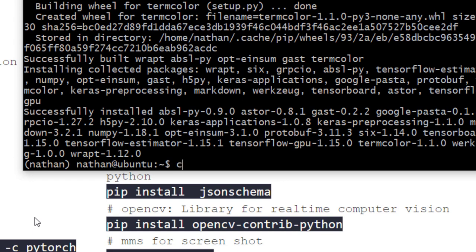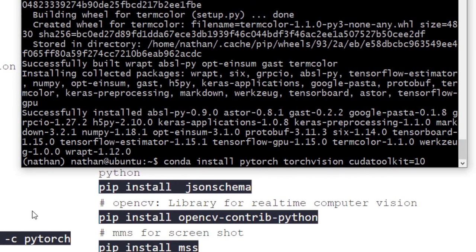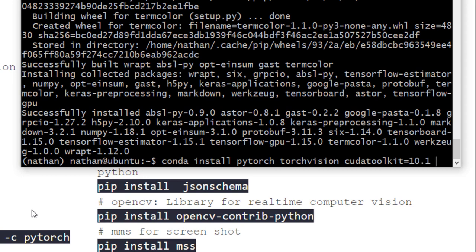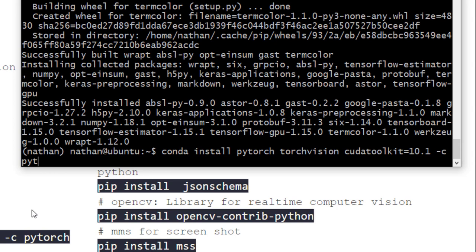So I will use conda install pytorch torchvision cudatoolkit minus c pytorch. So this command will install PyTorch and the CUDA toolkit, because CUDA